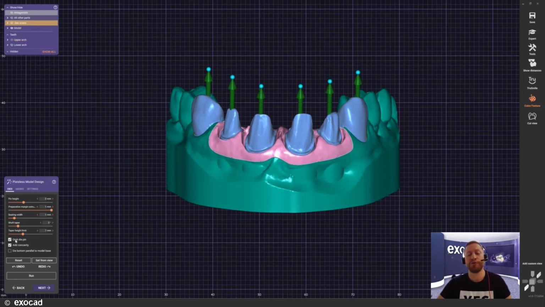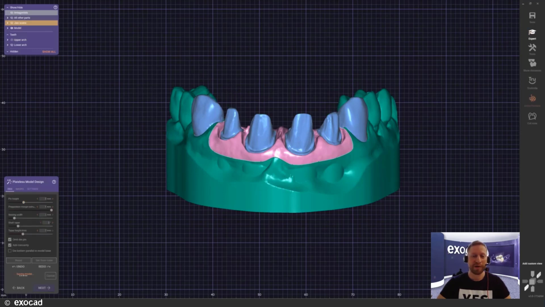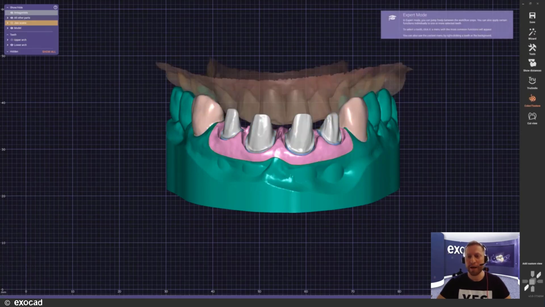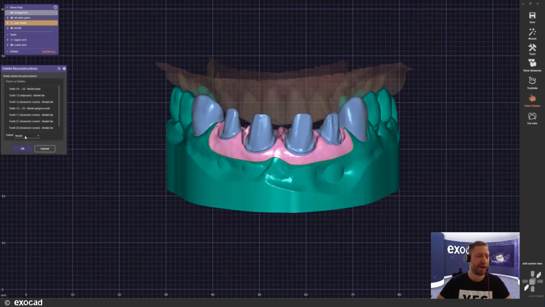So what I want to do now is that actually it looks very nice, but if I'm honest, I actually want to go with another gingiva design. Just having that is not enough for my purpose. I need a little bit more of tissue in that matter. So what I do here is I just click on the expert mode, switch over there. And now I first have to delete the model that I just created. Here you have your deletion tab. That's absolutely all right. What we want to choose.